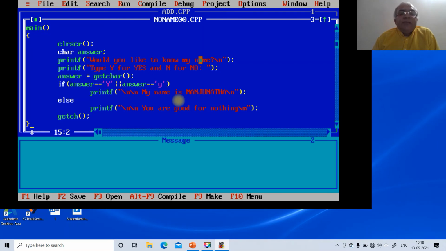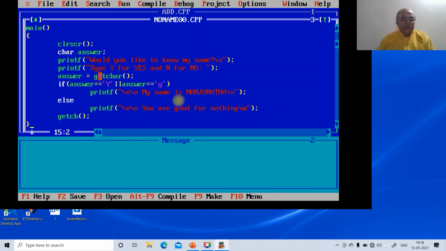If Y is pressed here, then it will execute. If answer is equal to Y, whether capital letter or small letter, it takes that. If it is true, then it will execute this statement. Suppose you say no, since N is the character you are entering and here Y is the one which is there, otherwise it does printf you are good for nothing.